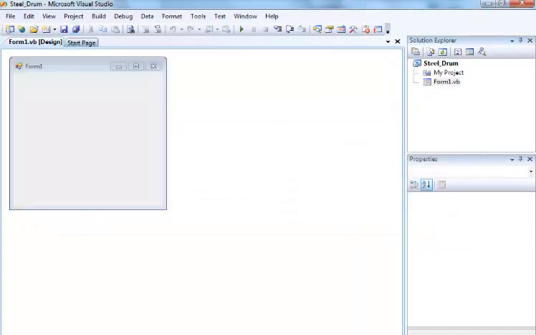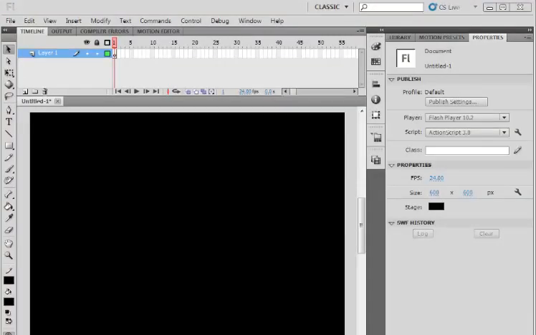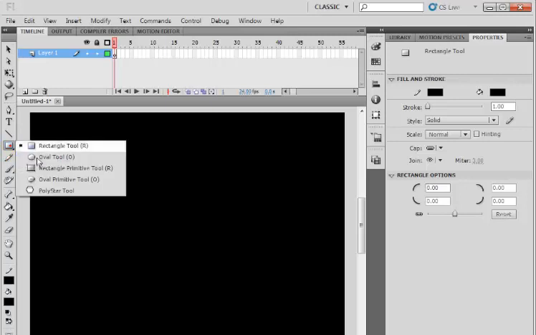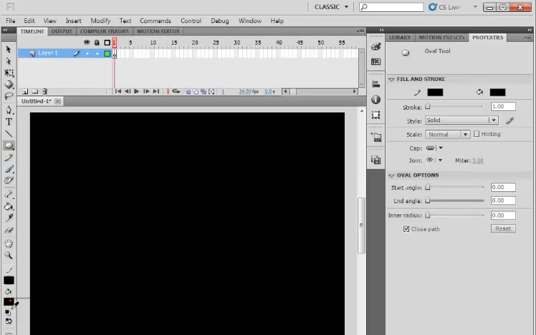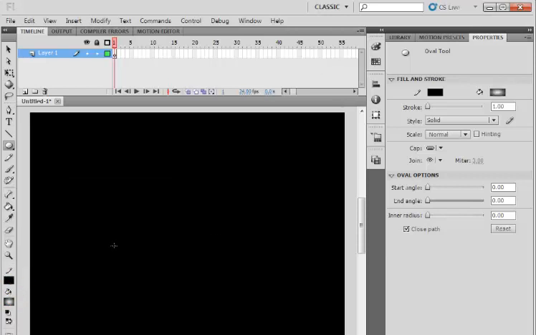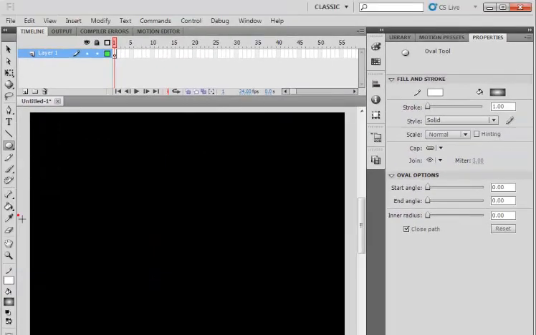Well, I'm inside Flash right now, so I will select my oval tool. Let's change that to oval, and maybe use a radial gradient as the color I intend to use. The background will be, let me say, this white for now, which I'll delete later on, and just draw a circle,